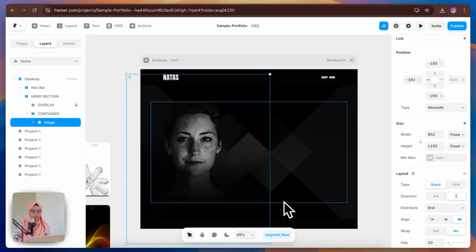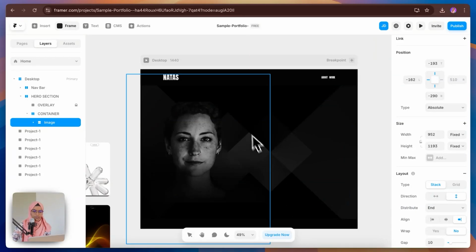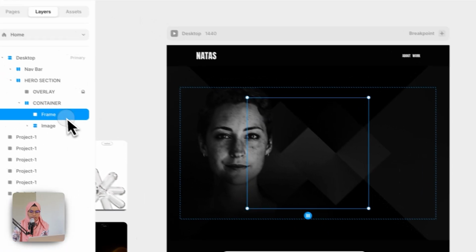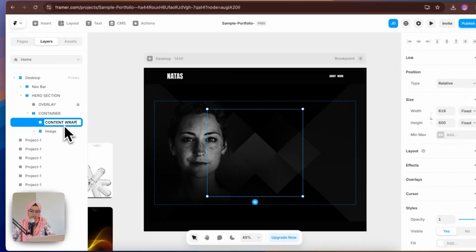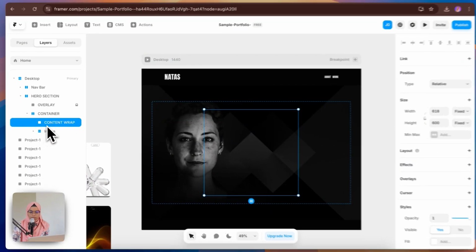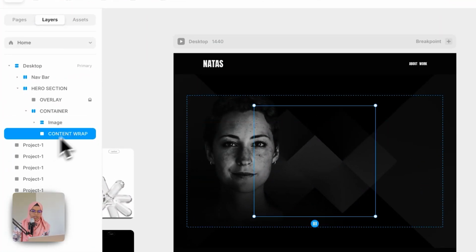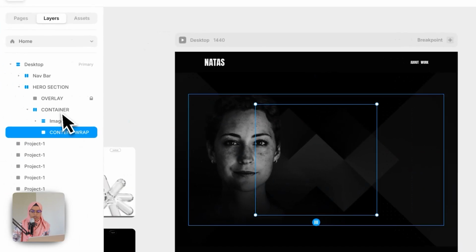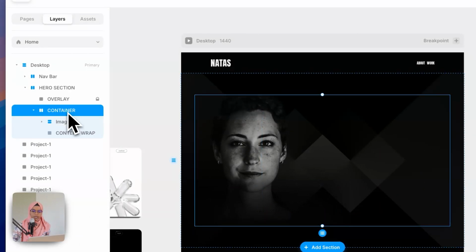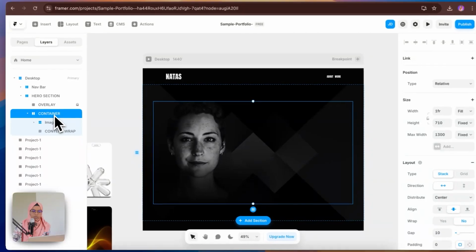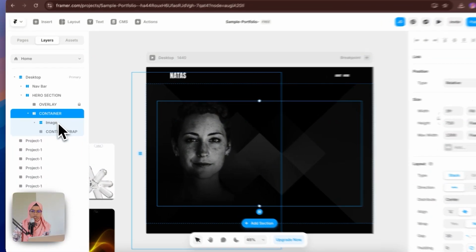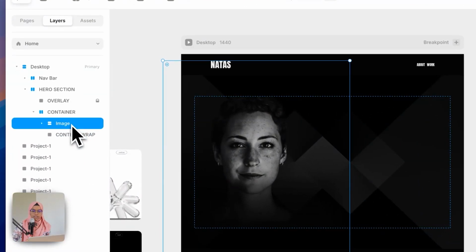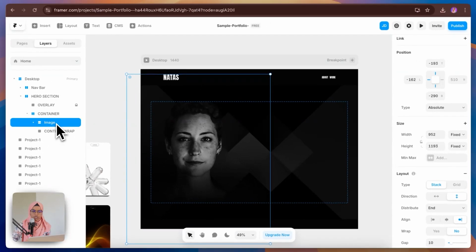Okay, now we are going to add the content beside this image. So for that let me add the frame, which will be the content wrap. Let me bring this content wrap beneath this image, and I'm choosing this container, and let me change the distribution to the end, because we have already created this image as in an absolute position, and also we have pinned